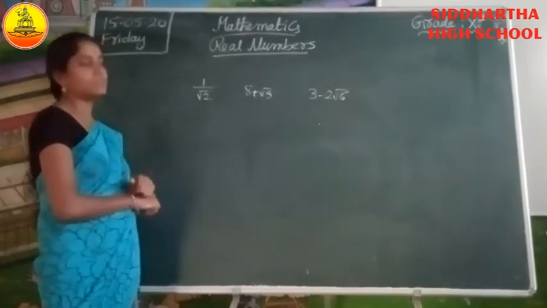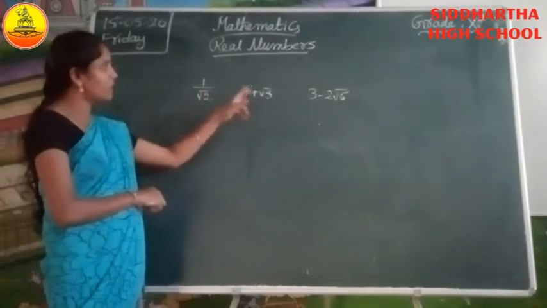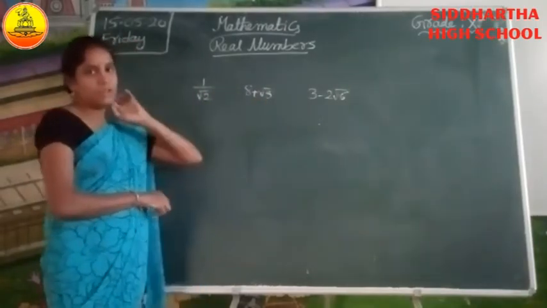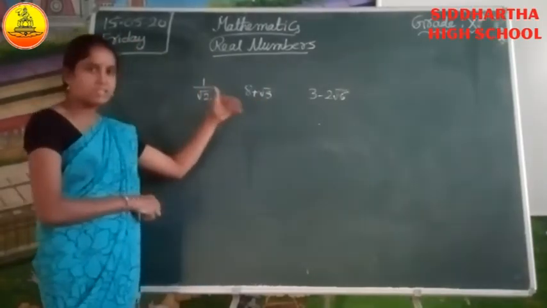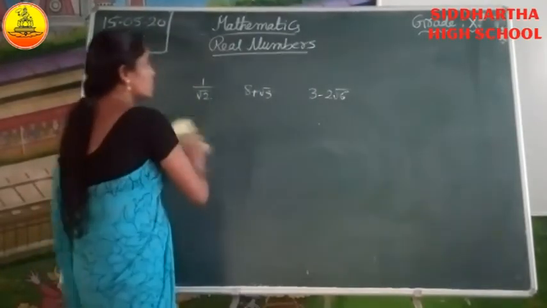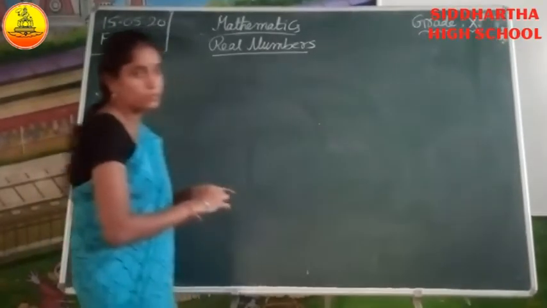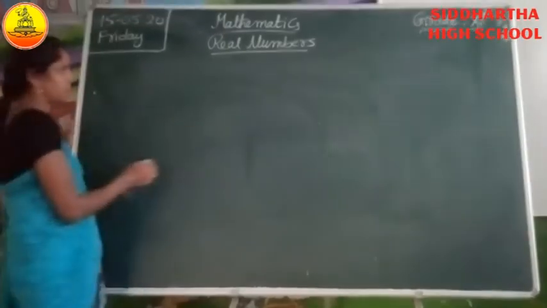Now what we are going to discuss? Already what we observe here? Here we are observing only one root. So whenever one root is there, we directly solve the sums. Now what we are going to discuss? Whenever two roots are present, that means whenever two numbers have roots, how to solve this type of sums.